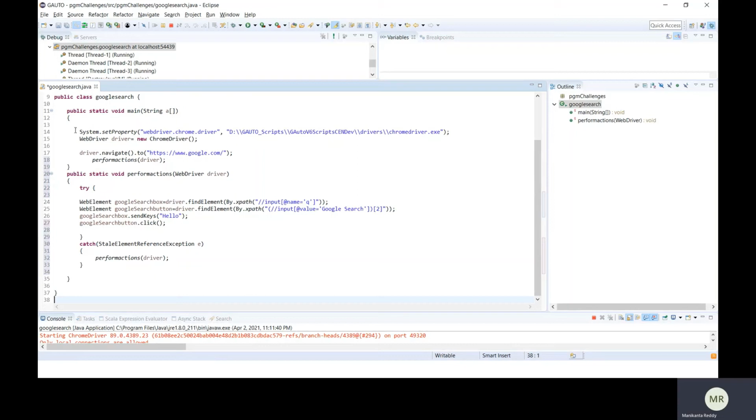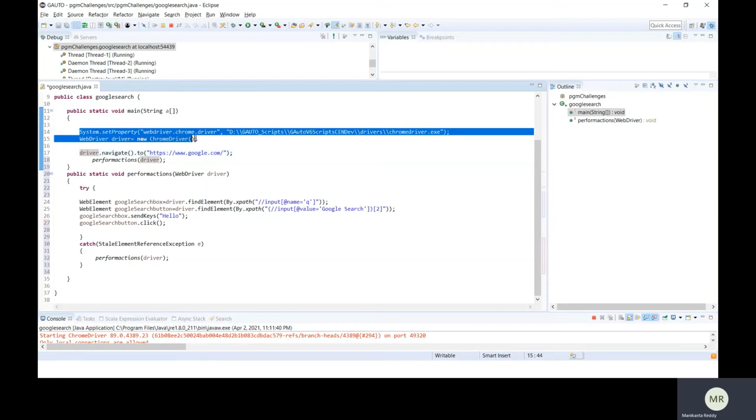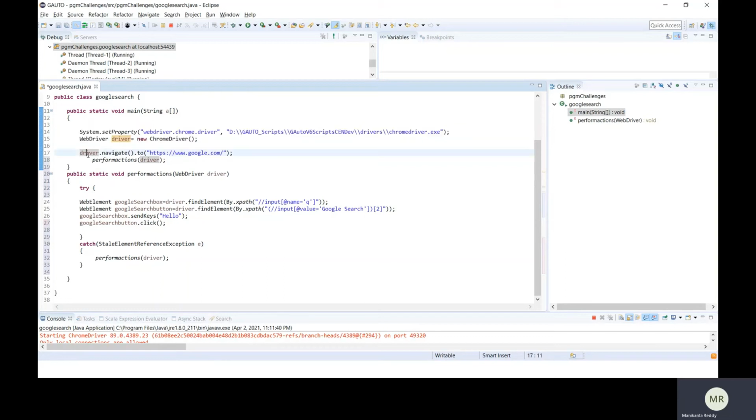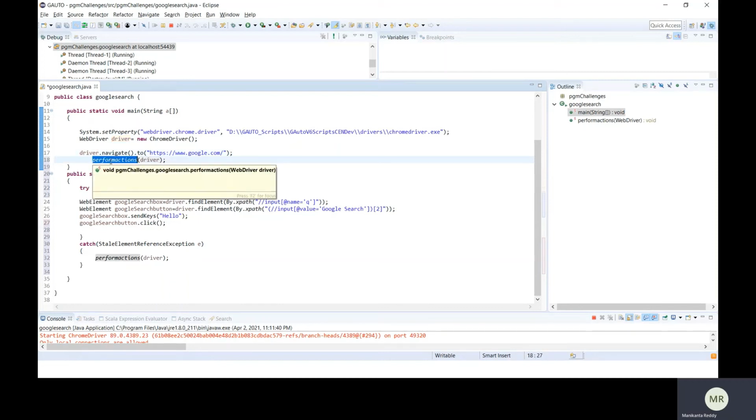So on the screen I am going to explain it again at a detailed level. In the screen you can see setting the properties for the Chrome driver and initializing the Chrome driver. After that, we use the driver to navigate to google.com, and then it's calling the method performActions.